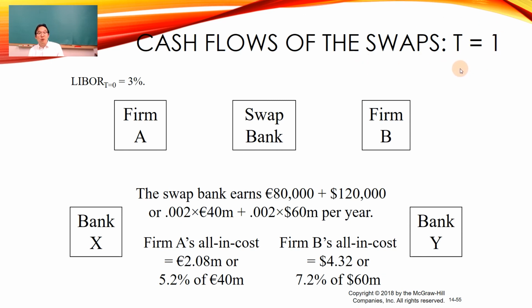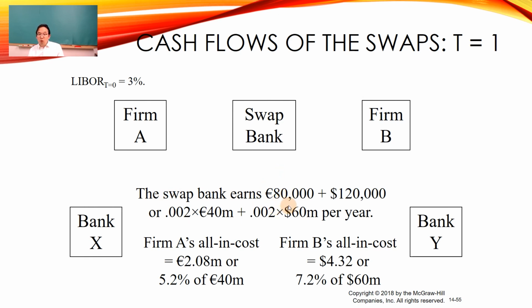Well, that depends on the LIBOR rate at the beginning of this first year. That's the T0 LIBOR rate. Let's suppose it is 3%, right? So the initial 3% LIBOR, you fix that, and then that's kept over the one year. Now the swap bank earns